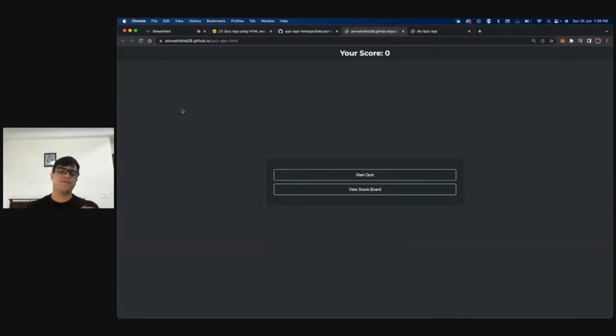But when we talk about Start Quiz, what happens when the user clicks on the Start Quiz button? The first order of business is to create this screen where we'll have two buttons, the Start Quiz button and the View Scoreboard button. On the click of View Scoreboard, we show them a different div where we show the scoreboard. But if the user clicks on Start Quiz, what will happen then? This is the main flow of our project.